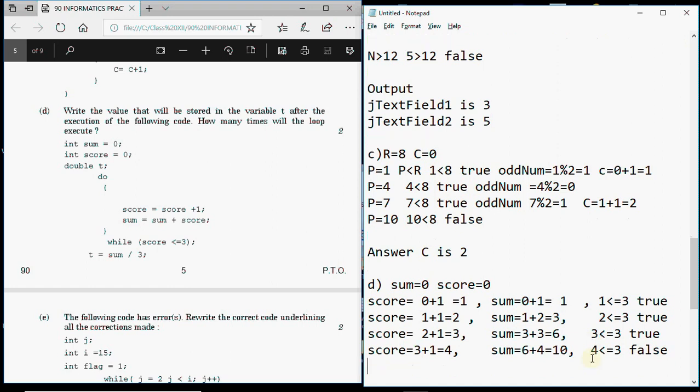Now it's written t is equal to sum divided by 3. Now t is a double type of variable, but sum is an integer variable which has 10. So sum is 10. 10 upon 3 gives you 3.33 and all. But your answer will not be 3.33. Why? Because when you divide an integer by another integer, your answer is always an integer. And when it goes to a double variable, it will just put a dot 0 after that. So the answer will not be 3.33. The answer would be